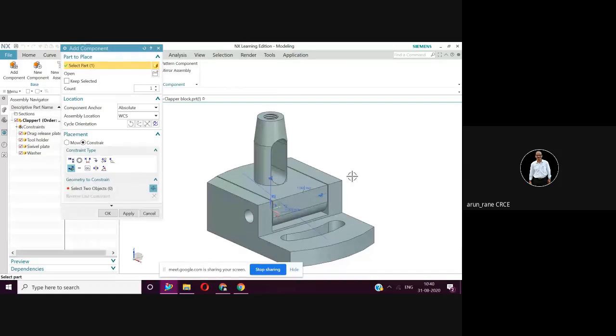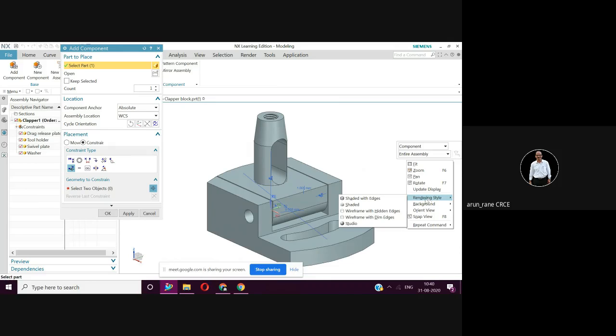Washer is not visible, but you can see it in the assembly navigator. That means the washer has come here, but it is hidden. We don't know where it is. So before we say OK, we will ensure. So how to see inside the body or inside the model? Go to rendering style, then wireframe.